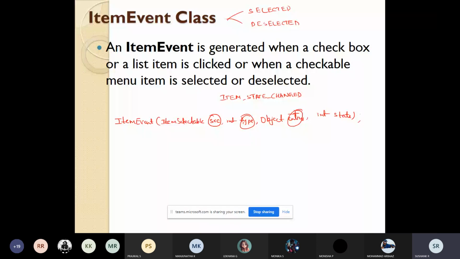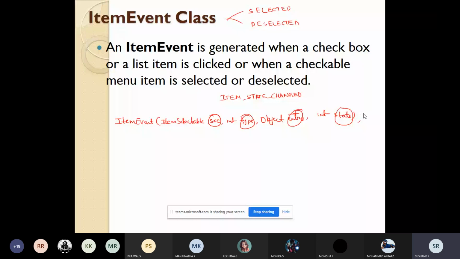And the current status of the item will be stored in state. So source gives us the reference to the component which generated this event, type gives you the type of the event, entry is the specific item that generated the event, and state will give you the current state of that item.